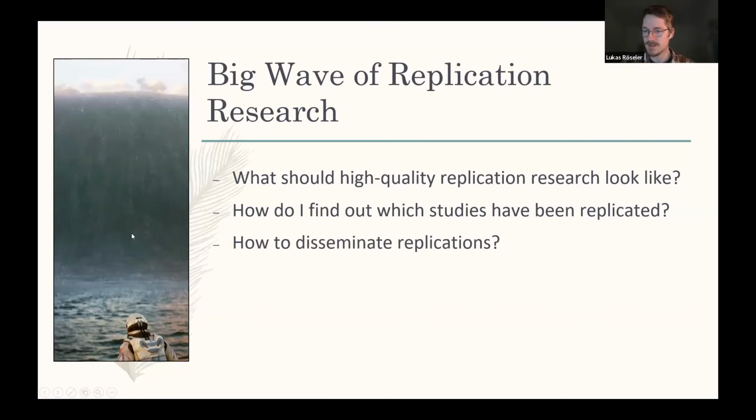And also with many journals being reluctant to publish replication findings, we need to find other ways to disseminate our findings and materials. So yes, it's not just about findings, but also about creating materials that others can use. And if you ever designed a replication study, you may have noticed that recreating the materials can be quite overwhelming, and can be a worthy research product in itself. So to ride along with the analogy, we at FORRT have been asking ourselves how to surf on this wave of replication research and discussions. And although it may seem difficult, I believe that it can be quite fun.